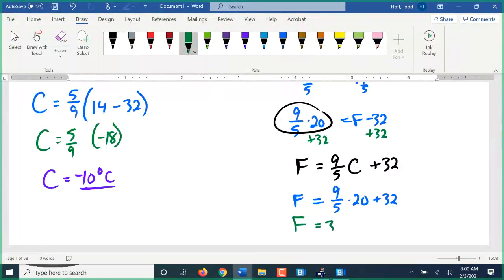Nine fifths times 20 is 36 degrees. Plus 32 is,